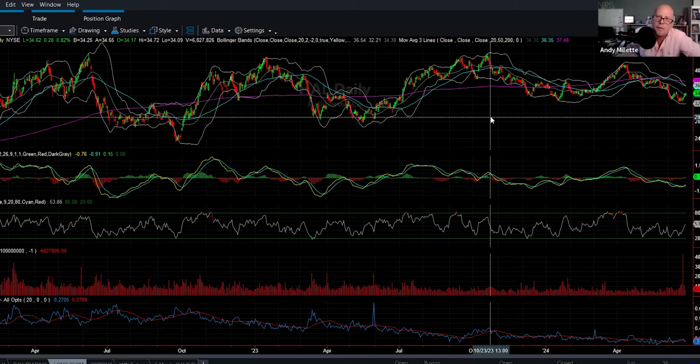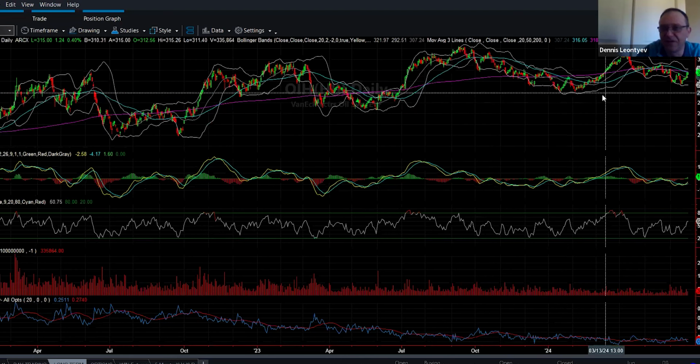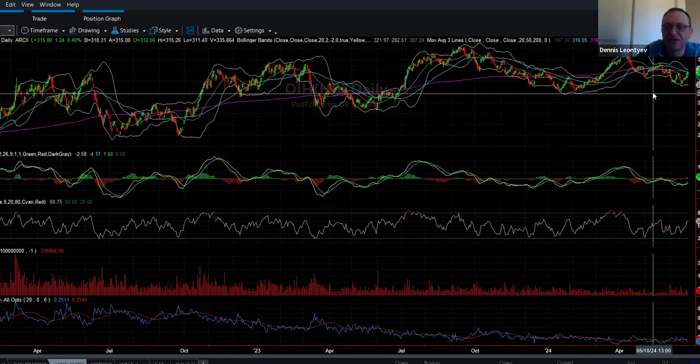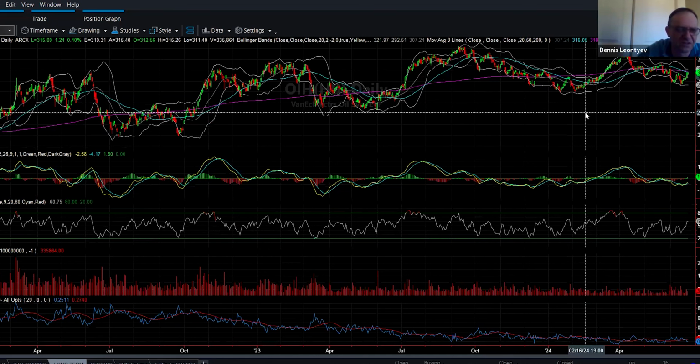So selling puts as a trader is not a good idea. Naked puts, I mean, if you don't want to own the asset. But if you do, then sell an at the money or out of the money put, especially on a product like OIH, where options are extremely expensive because the stock is volatile. Let's take a look at OIH. It's trading at 315. Maybe sell like a 280 put or 290 put, maybe